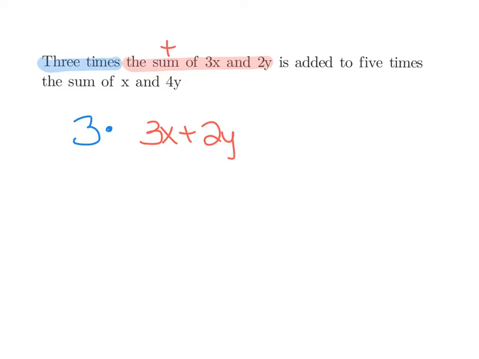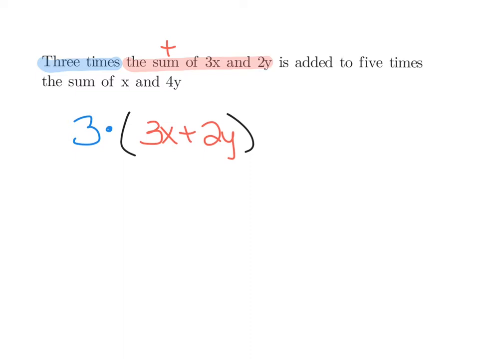Right now, with order of operations, this tells me that I would do this first, which is not what it says. It doesn't say 3 times 3x. It says 3 times the whole sum. So I need to add in some parentheses. That way it's 3 times the entire sum. Then it says